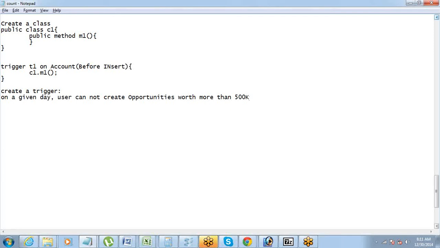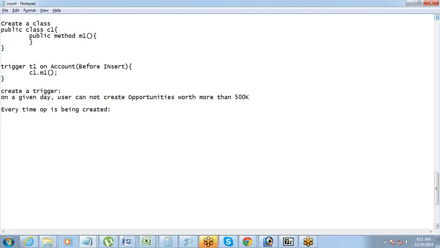So basically what we have to do is just a small thing. Every time an opportunity is being created, we will need to go and check the already existing opportunities in the database which have been created by the same user on that day.